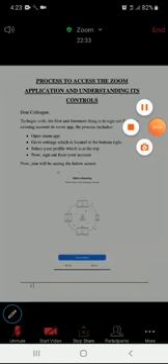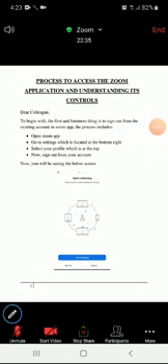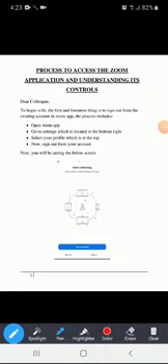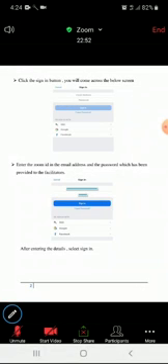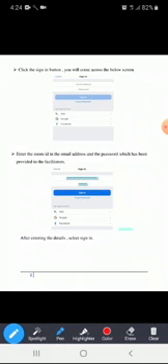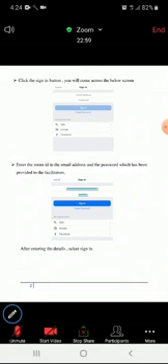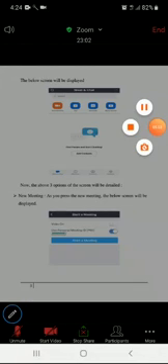Also remember that when you select the annotate feature, you cannot go to the next page of the PDF until and unless this annotate feature is stopped. That is, again you have to select this. Now you can go to the next screen like this. When the annotate feature is enabled, see, you cannot go to the next screen. You have to stop this and then you can go to the next screen as shown.